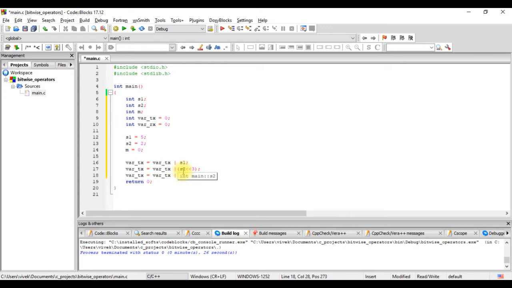S2 is going from position 5 to 3, that is 5, 4 and 3, and 0, 1 and 2 are occupied by S1. So now we have the new var_tx.